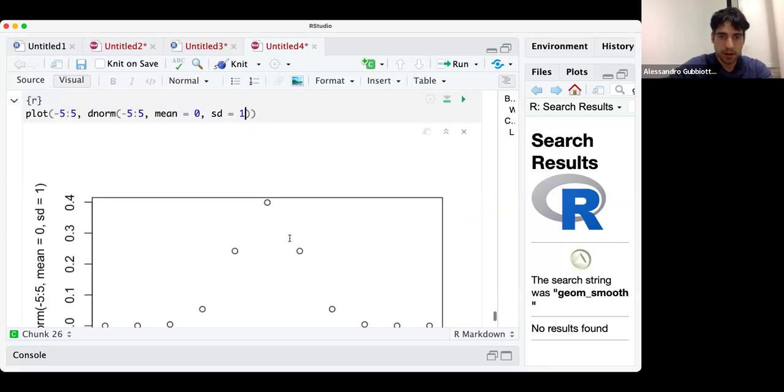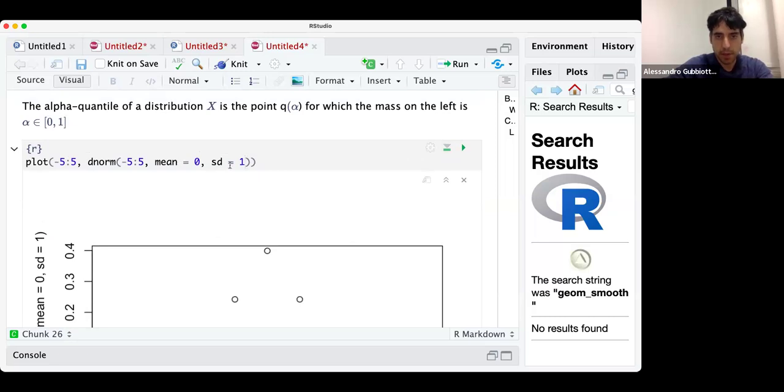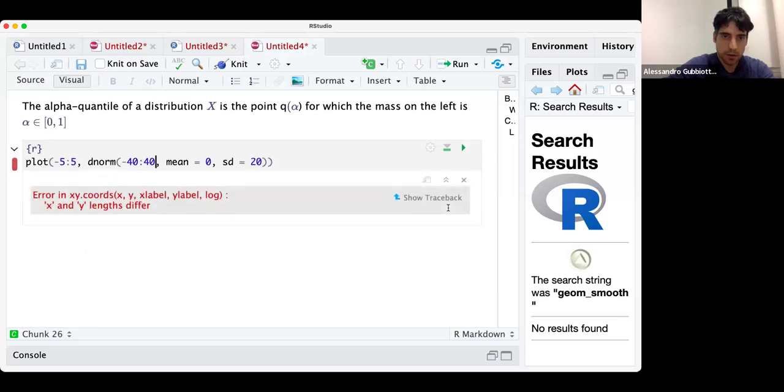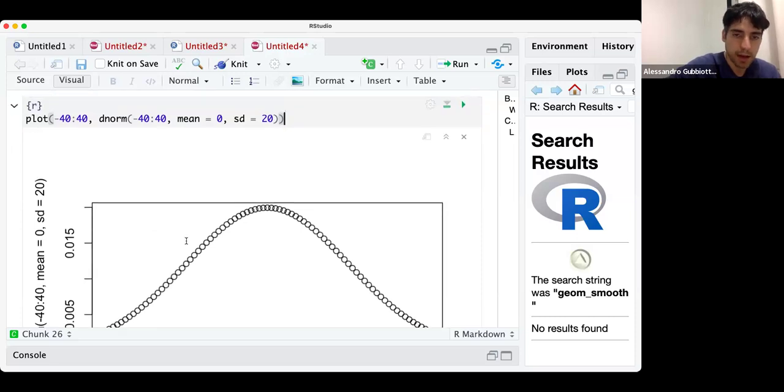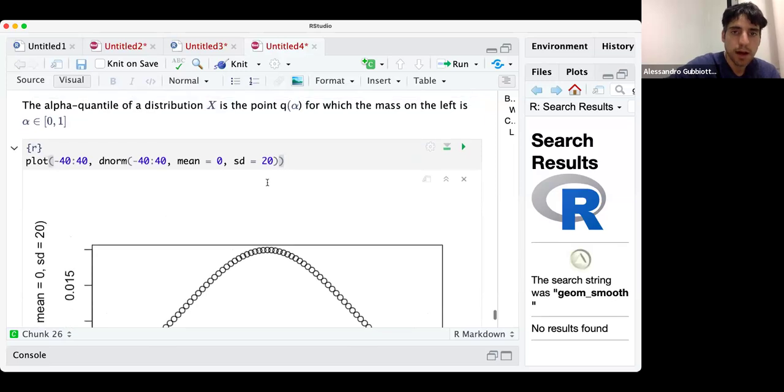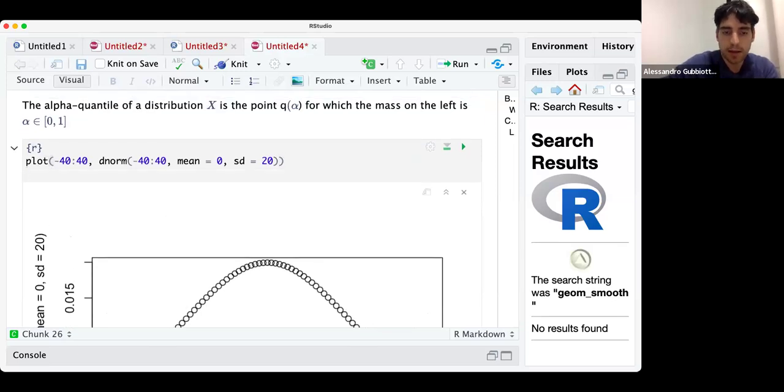Okay, this is the density of a normal. Now let's try to add a vertical line